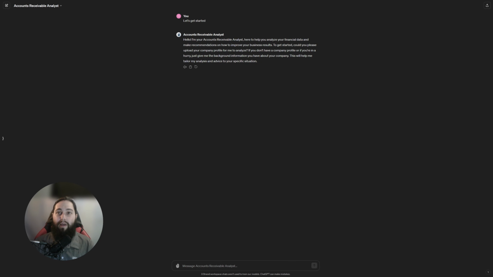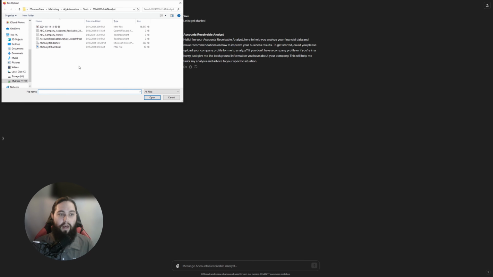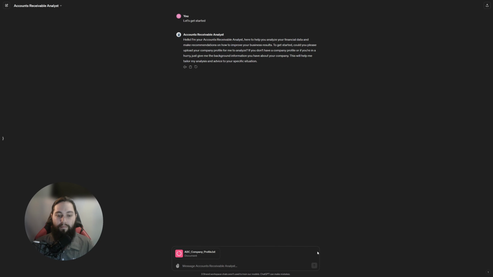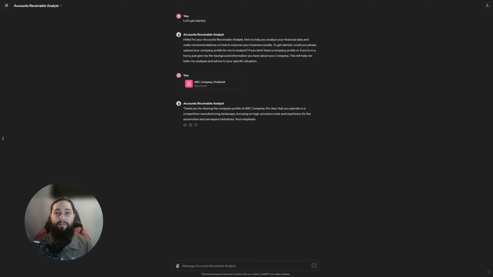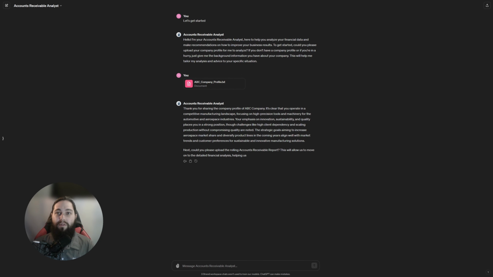The Accounts Receivable Analyst AI tool is going to ask us to upload our company profile for it to analyze. So we're going to upload a profile here for a fictitious company. And we're going to click Send. Now, our system utilizes a standardized company profile that we use across various AI-enabled tools, allowing us to simply upload the profile on demand. Now, while that uploads, let me show you what our company profile at 3Strand Solutions looks